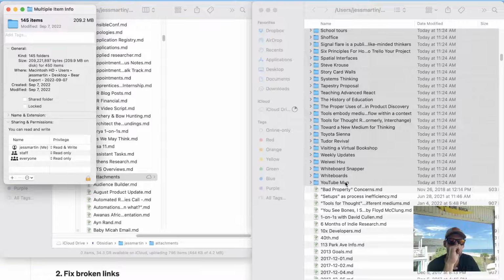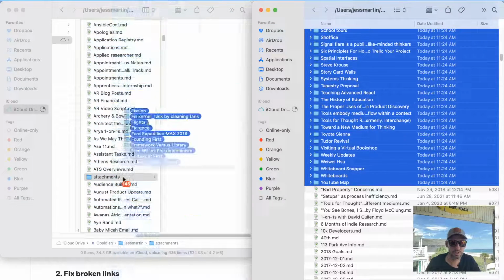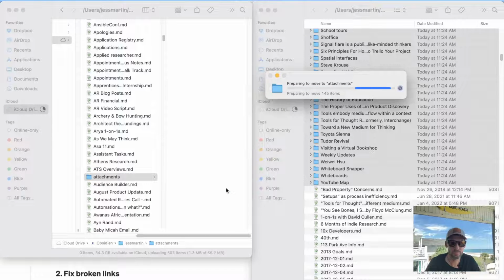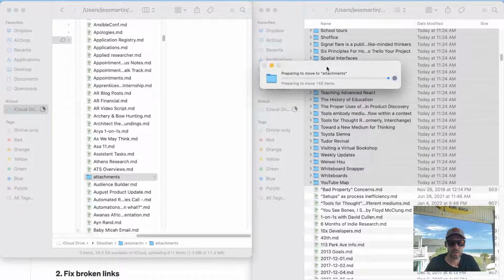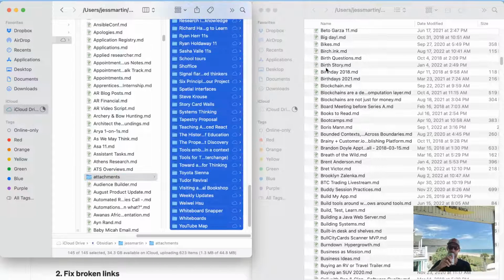Yeah, so this is going to be 209 megs that are going to get uploaded. You know, I think the upload here is okay. 209 megs might not kill it. Let's just try it. So we're going to copy these over to attachments now. But what we did see was a very, very long copy for, what was that, like 4 megs? But it was 1,200 files. So maybe, we'll see. All right, great. We got them all over there.